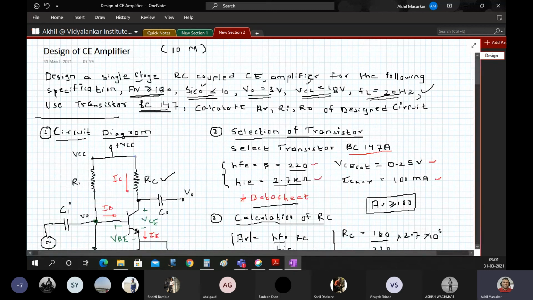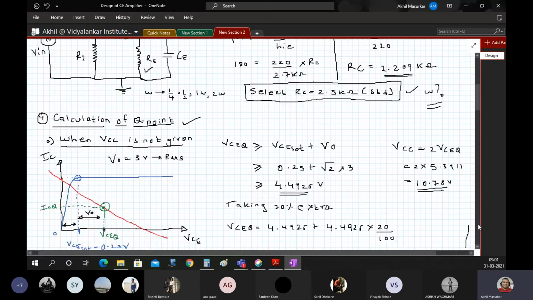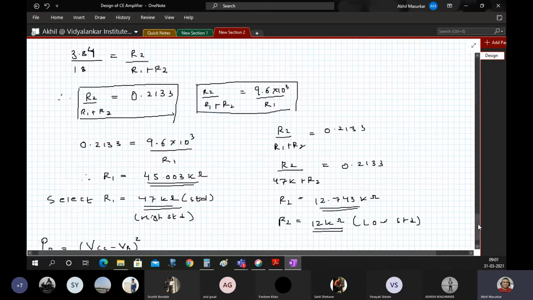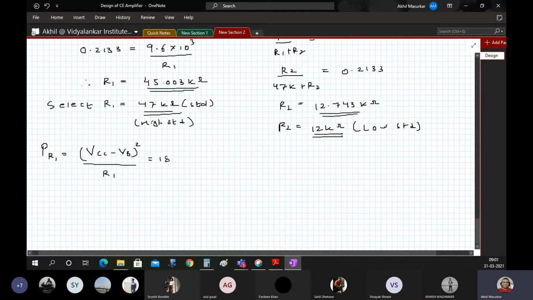So voltage drop will be VCC minus VB the whole square upon R1. That is the formula for power, V square by R. So we have calculated both the values. That will be 18 minus VB value 3.84 the whole square upon 47 into 10 raised to 3. So whatever this value is,